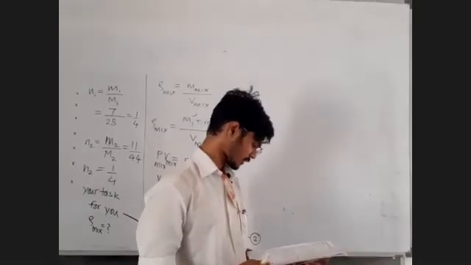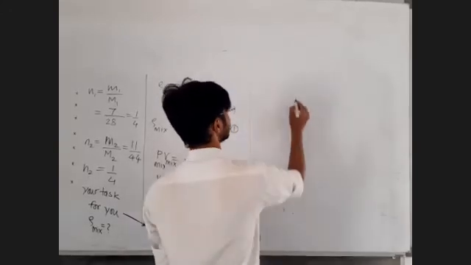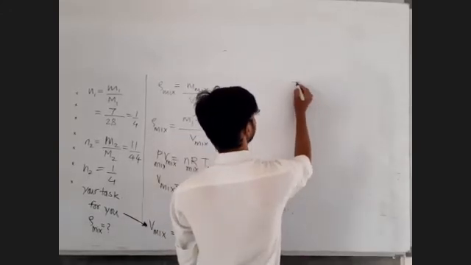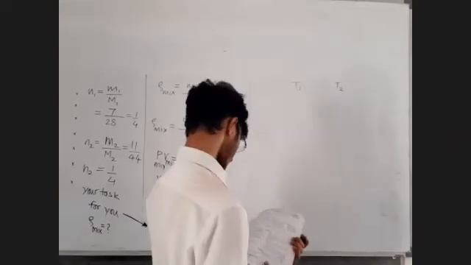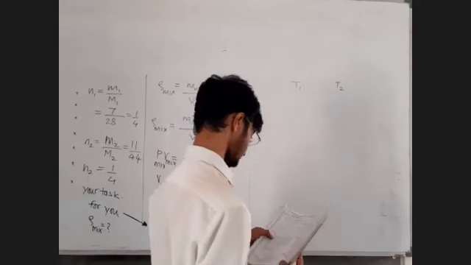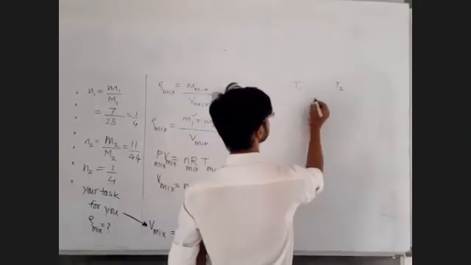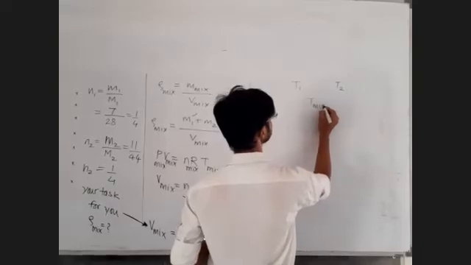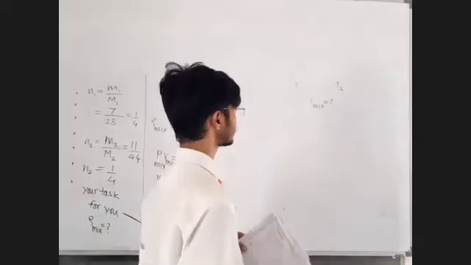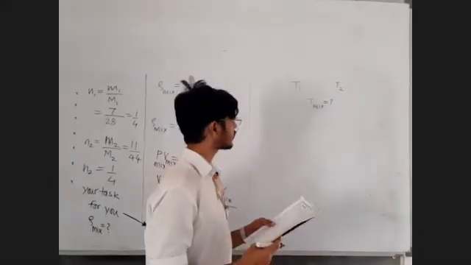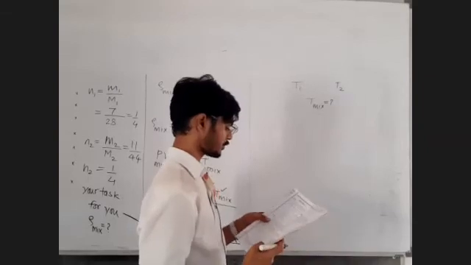Two perfect gases at absolute temperatures T1 and T2. So let us extract the data. See how the data is being extracted in the columns. T1, T2 are mixed. These two gases are mixed. There is no loss of energy. Find the temperature of the mixture. No loss of energy to the surrounding. So only the components will exchange their energies until their temperature becomes equal. Ultimately the final temperature will be the temperature of the mixture.